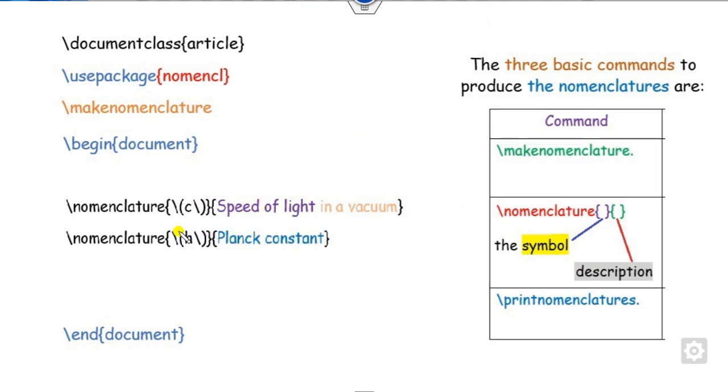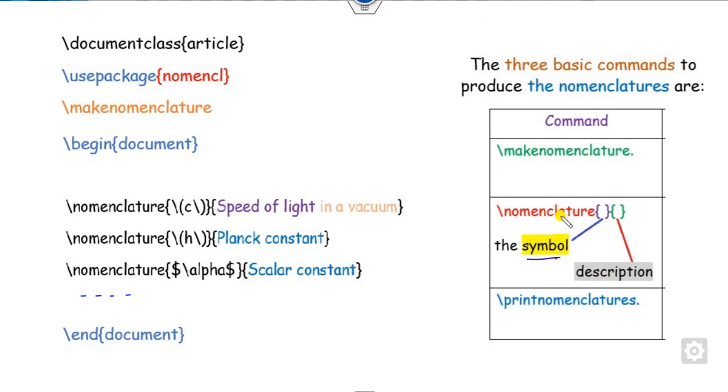Similarly, you can define another, like H is called the Planck's constant. Similarly, you can define another. Instead of these curly braces, you can write dollar alpha equals, say, a scalar constant, and many more. So you can define anything here depending upon the symbols as well as the description notation.